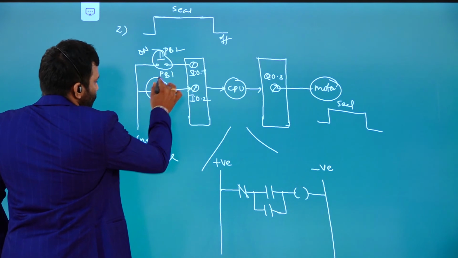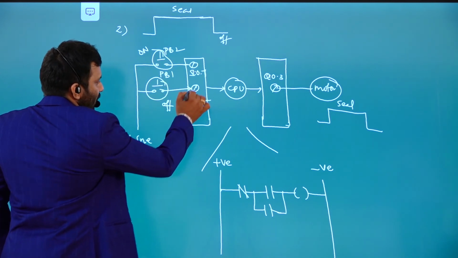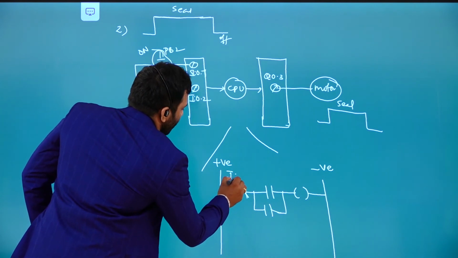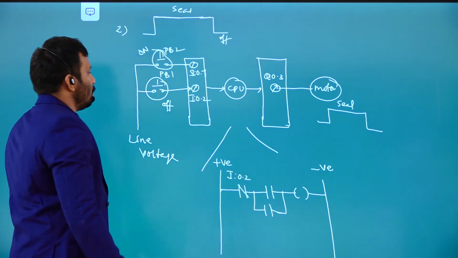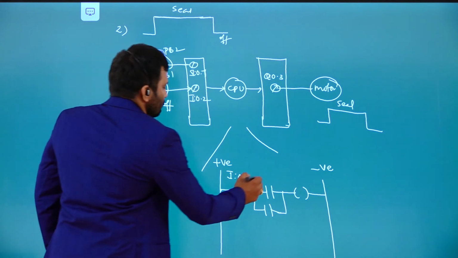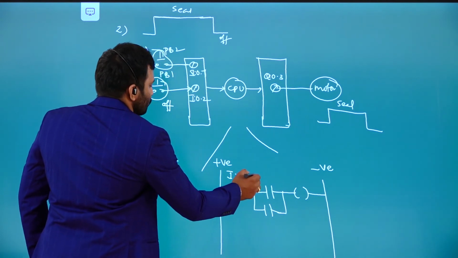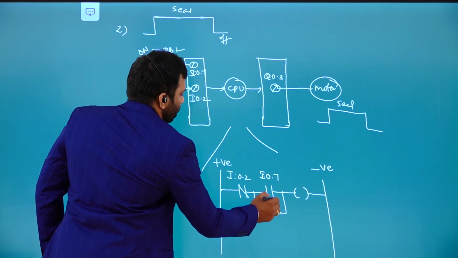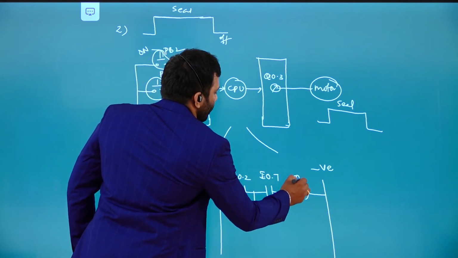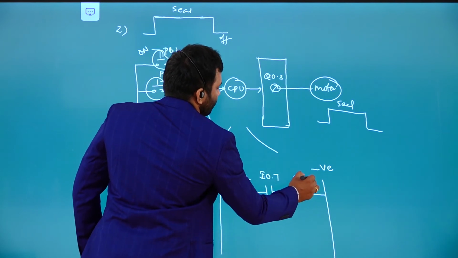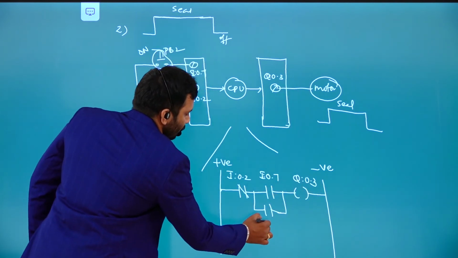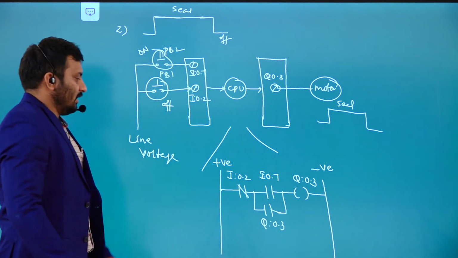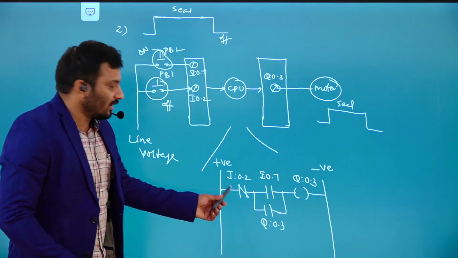So for this off push button 1 you are going to use, which is connected to the third terminal, that is the reason we need to give the address like this, I 0.2. And for this one we need to give I 0.7. So the output is Q 0.3, and you need to give that address. Same thing, you need to give the feedback address like this, Q 0.3. You see here you are given contact addresses.